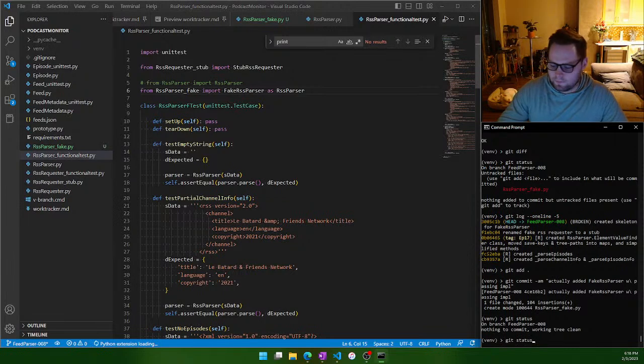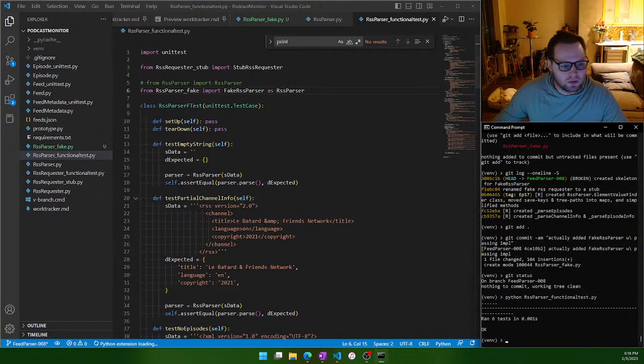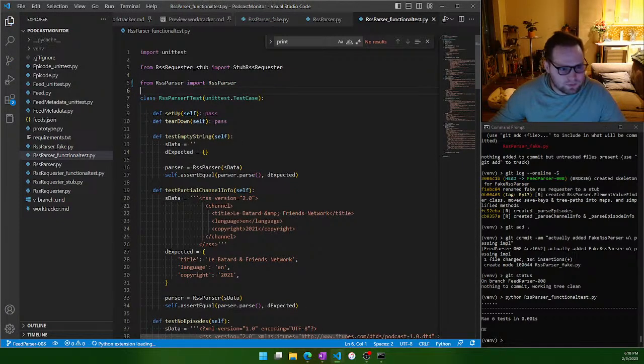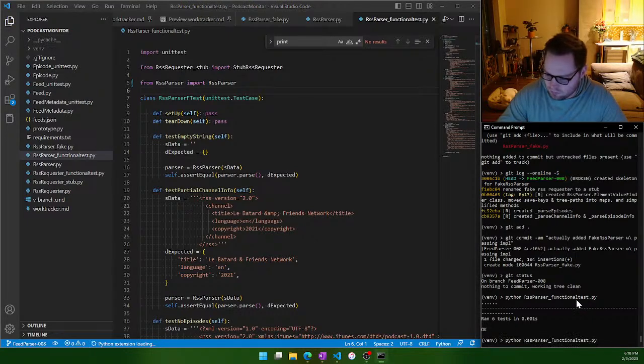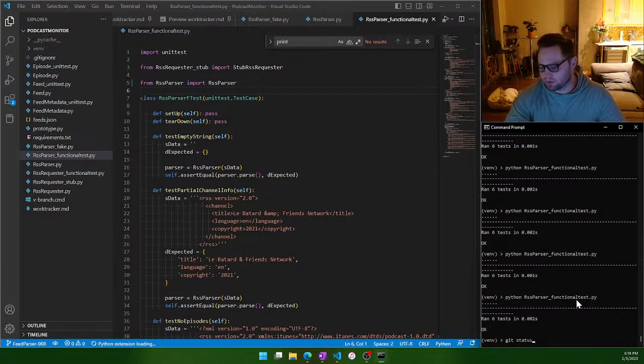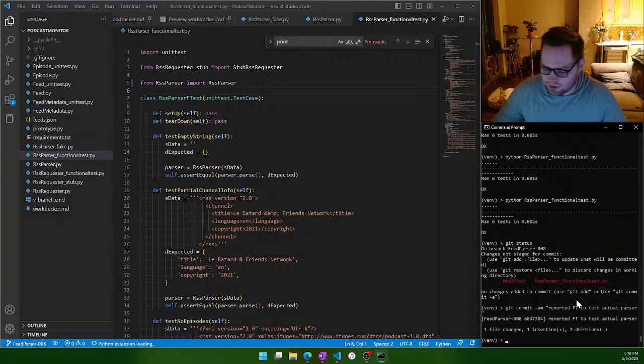All right. So, I mean, technically that works, but this has been consistently better. I mean, but they're very similar. Git commit reverted to test actual parser. All right, so let's take a quick look at the